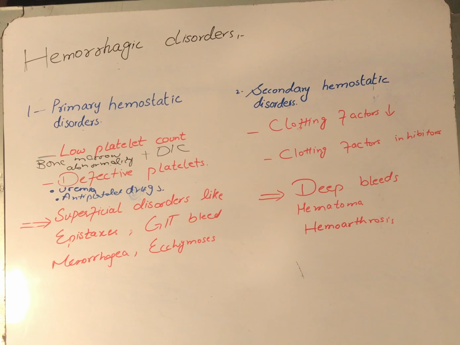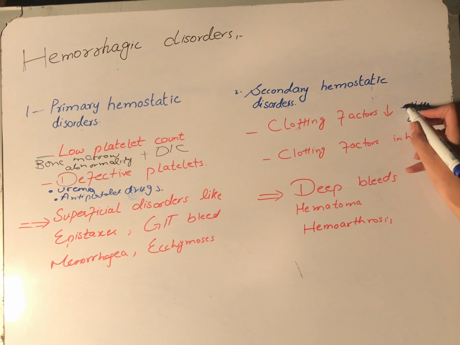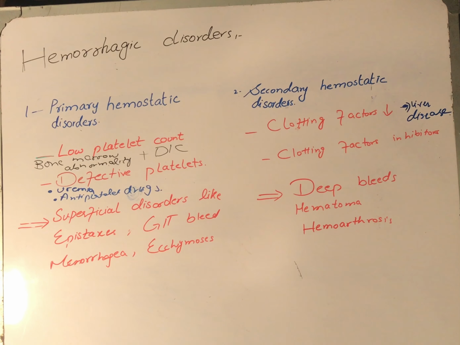Maybe there are fewer clotting factors in our bloodstream, like when there is some liver problem, because the clotting factors are formed inside our liver. So whenever we have some liver disease, there can be low clotting factor count. So the first thing is low clotting factor count. Low clotting factor count can be due to liver disease, because clotting factors are made inside our liver. And then there can be vitamin K deficiency,